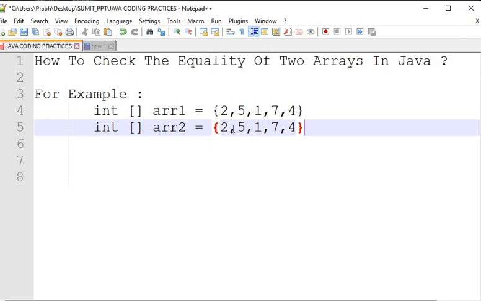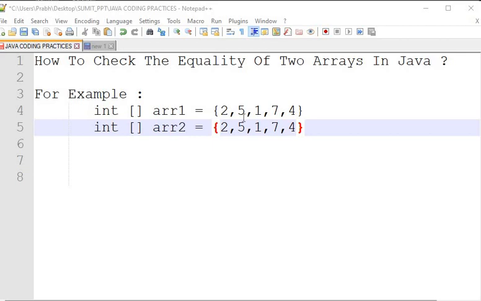The first way is the iterative method. In the iterative method, first we check the length of the two given arrays. If the lengths are the same, then we compare corresponding pairs of elements one by one.